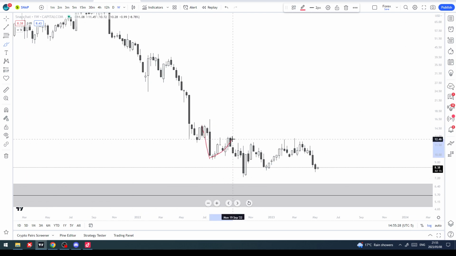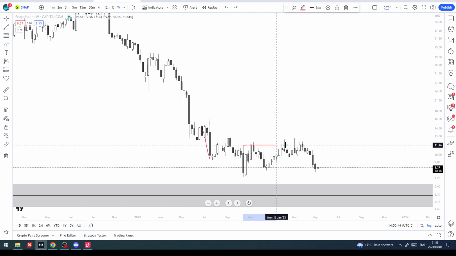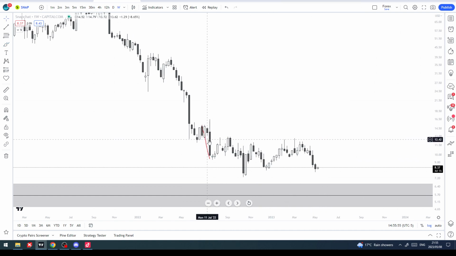So you had this consolidation here, and then you had the run on liquidity there. Then why didn't it go and give us the market structure shift there? It came here, it went back here, and then now it's come down back here. So I wouldn't like it. It validated this guy as an order block. That's all that it did. Some change in the state of delivery, but no market structure shift. So that's a no-go, right? No-go. And you'll see, I'm going to show you the exact same.